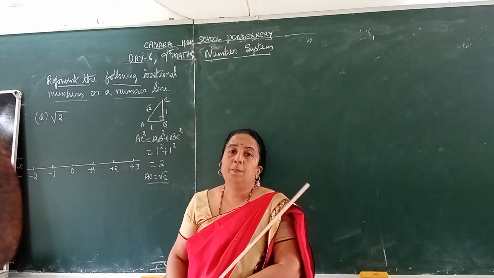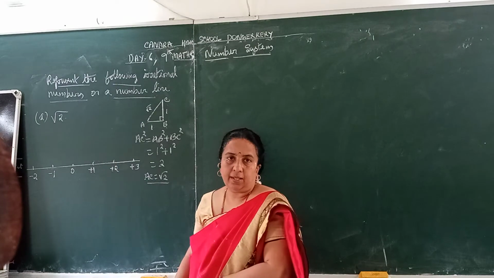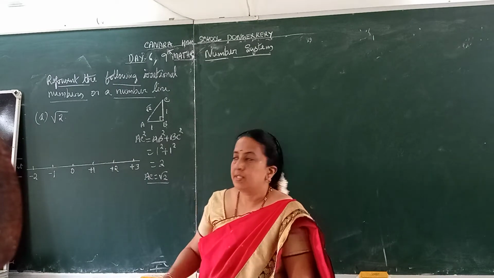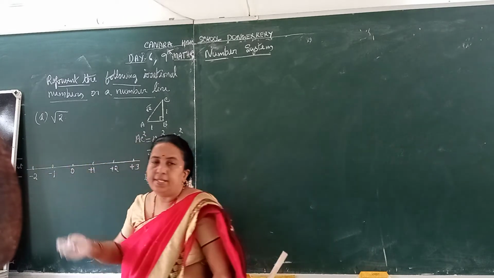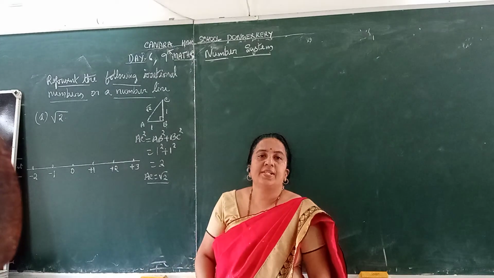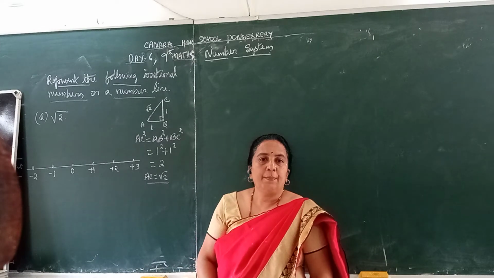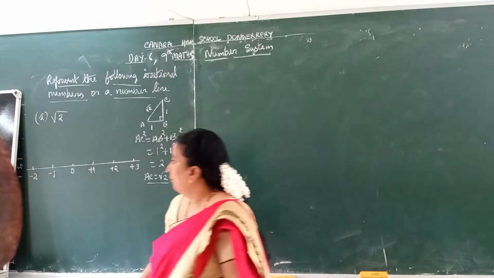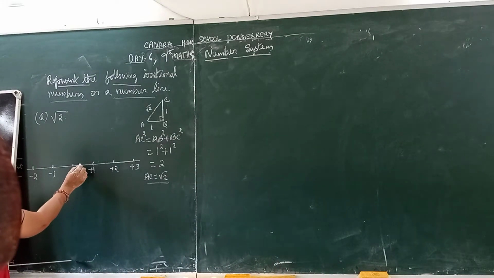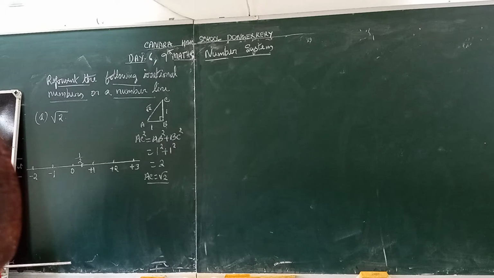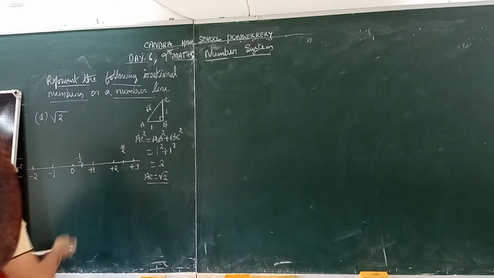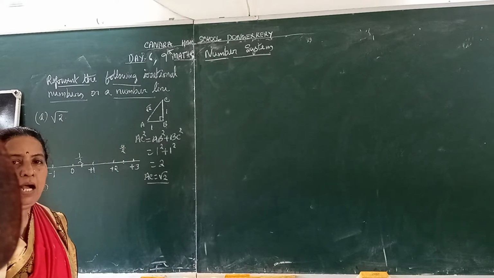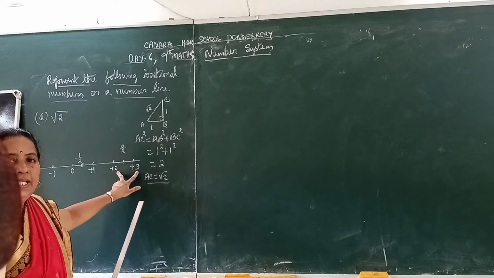then all positive integers are also there on the number line. Let us take negative integers. Minus 1 is here, minus 2 is here. Then what about fractions or rational numbers? Suppose 1 by 2. Between 0 and 1, the midpoint is 1 by 2. 5 by 2 means 2 and a half. That comes between plus 2 and plus 3.